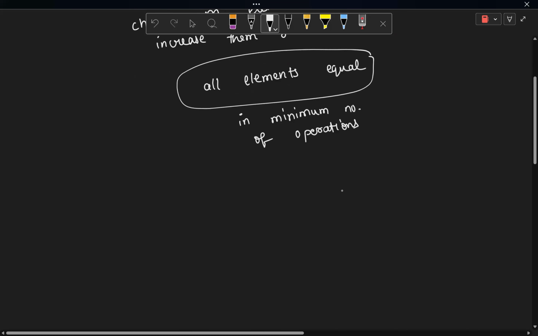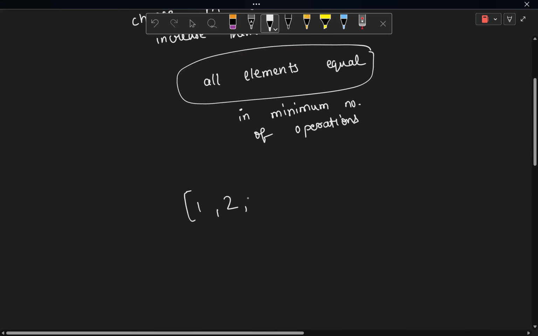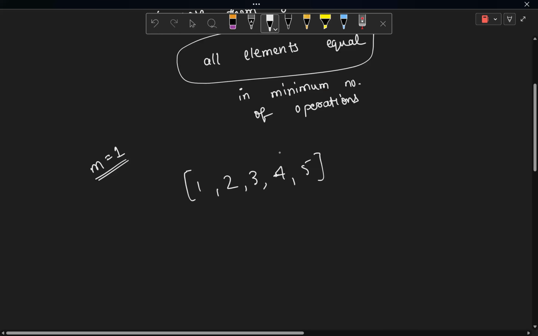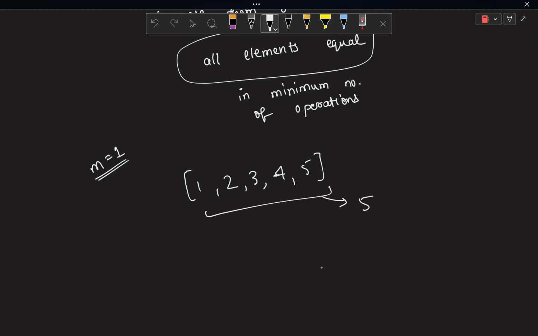Let's say the array is something like 1, 2, 3, 4, and let's say 5 also. What should I do here? Imagine m is 1. One thing which makes sense for me right now is to make all the elements equal to 5. It would take me the minimum number of operations because I cannot make this 5 smaller. In the operations, I can just make elements larger. So making all the elements equal to 5 is something I can do, and it would take me some operations,